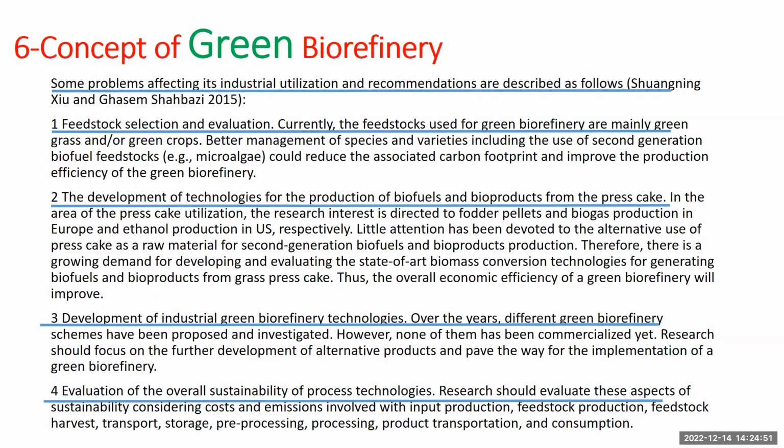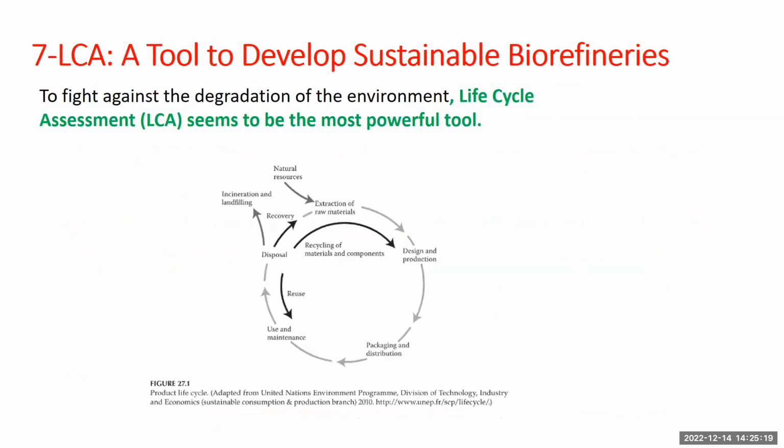Some problems affecting its industrial utilization and recommendations are described as follows. The first problem is feedstock selection and evaluation. The second problem is the development of technologies for production of biofuel and bioproducts from the press cake. The third problem is the development of industrial green biorefinery technologies. And the fourth is evaluation of the overall sustainability of process technologies. To address the problem of sustainability,